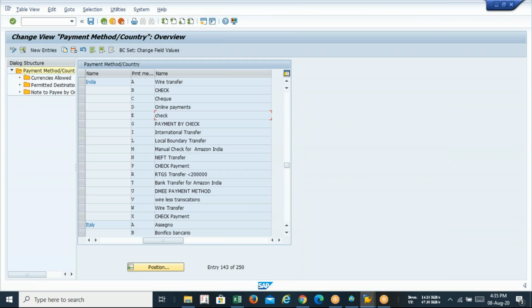So here you need not change anything, you just check with that. Normally C is the default key, but here someone else has changed the option. So in your server, E will be the default one for the check payment. I repeat, this check is not the meaning of the check. This is the slot or payment advice number. Whenever we need to pay someone, we have to release some payment advice. So this check will be nothing but the payment advice. So E will be the default key.